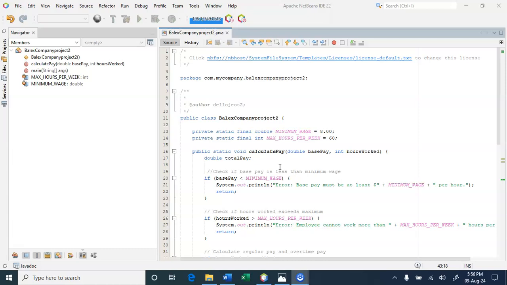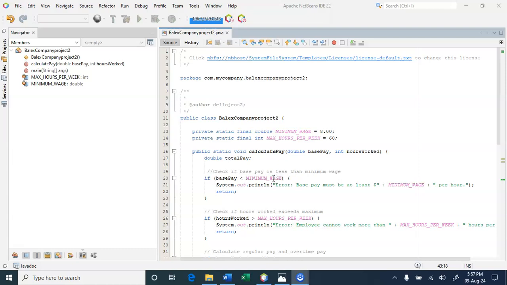The hourly wage of the employee, which is the base pay here, and int hours worked, the total number of hours the employee worked in a week. We also declare another parameter of the total hours an employee should be working in the week.